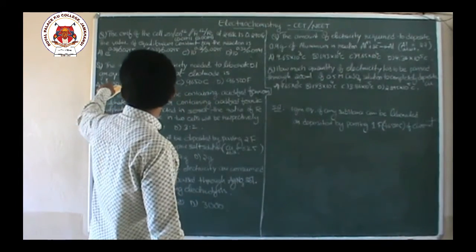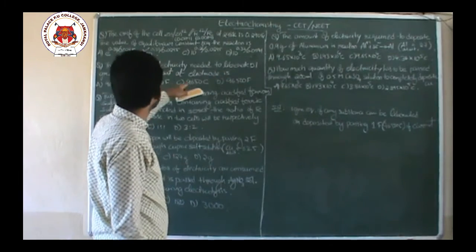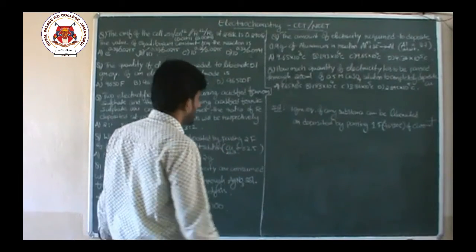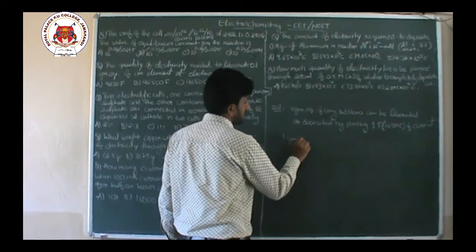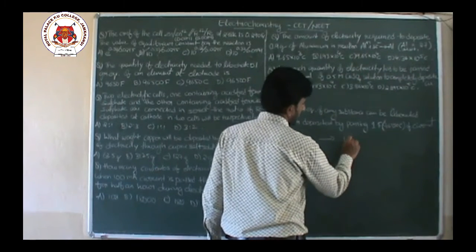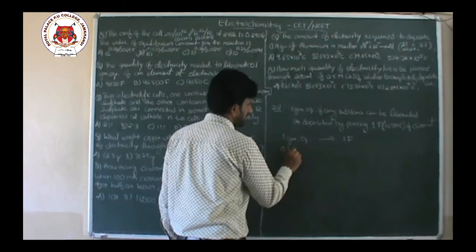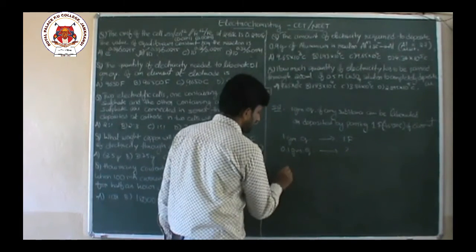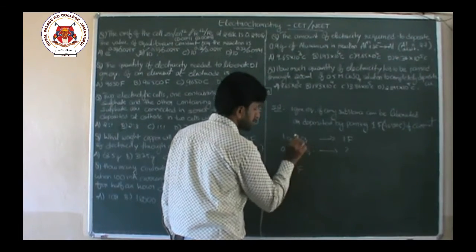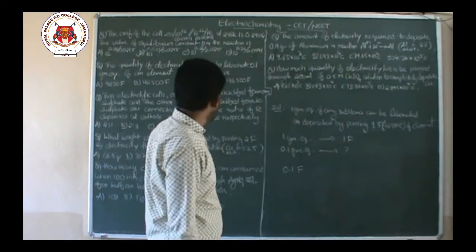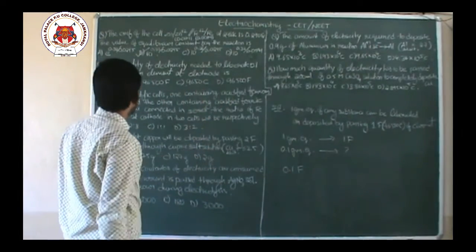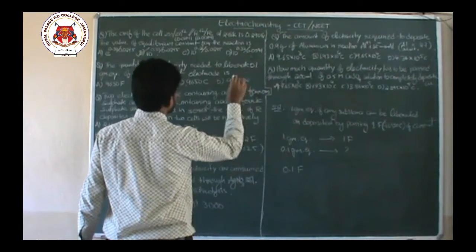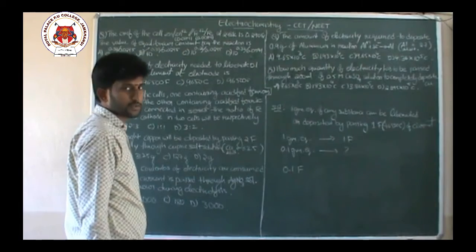So in our question they are asking how many coulombs or how many faradays of electricity are required for 0.1 gram equivalent. Now, if 1 gram equivalent requires 1 Faraday, then 0.1 gram equivalent requires how many Faradays? Nothing but 0.1 Faraday, by cross multiplication. But in the answers, some are reported in Faraday and some in coulombs. Two options are Faradays, two options are coulombs.